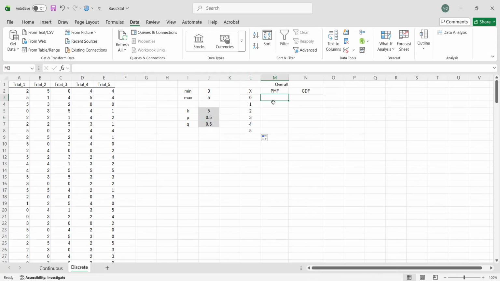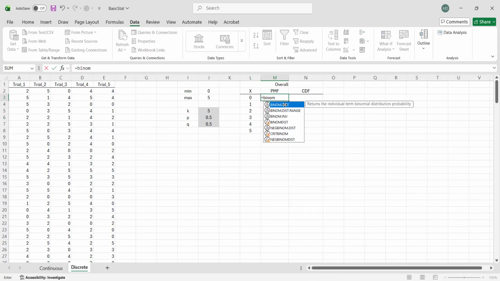And we have the PMF, or the probability mass function for binomial distribution. We just use BINOM.DIST. This function is for binomial tests or binomial scenarios. Right? So now we have the number as this value beside.